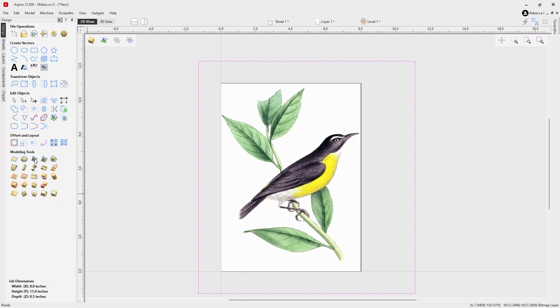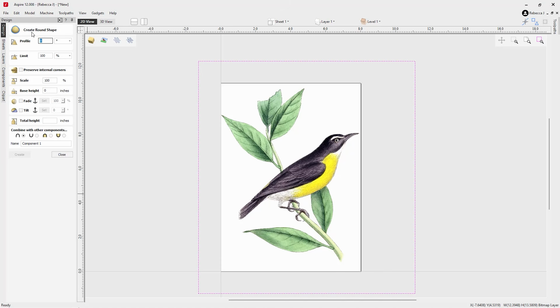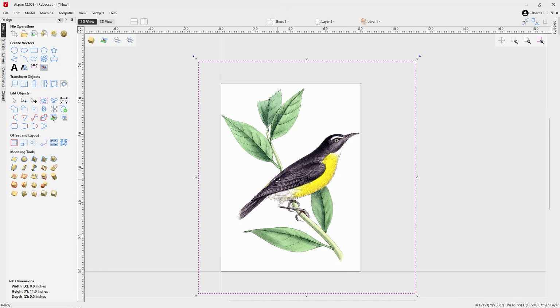Now, for this project, we are mostly going to be using this tool here. This one is the create round shape, whereby we're going to look at pulling out the rounded profile from a closed vector. The hint is in the name there, what I just said, closed vectors. So this is where we start to think about the sorts of vectors we want to create for the bird. We're going to create a series of round blobs